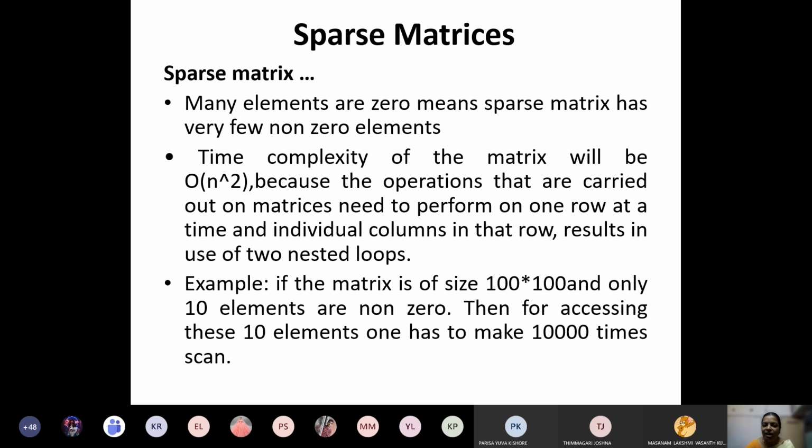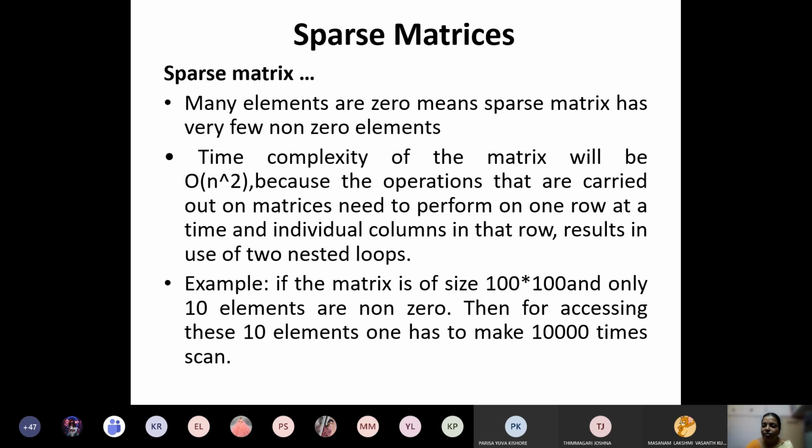If it is a 5 by 5 matrix, then 5 square, 25 times we need to iterate through our matrix. Say a matrix is 100 by 100 in size, which means 10,000 elements, and only 10 of them are non-zero, with the remaining all zeros.